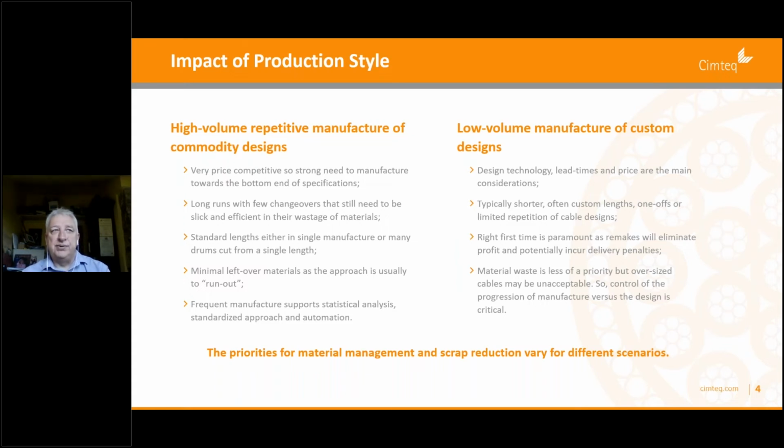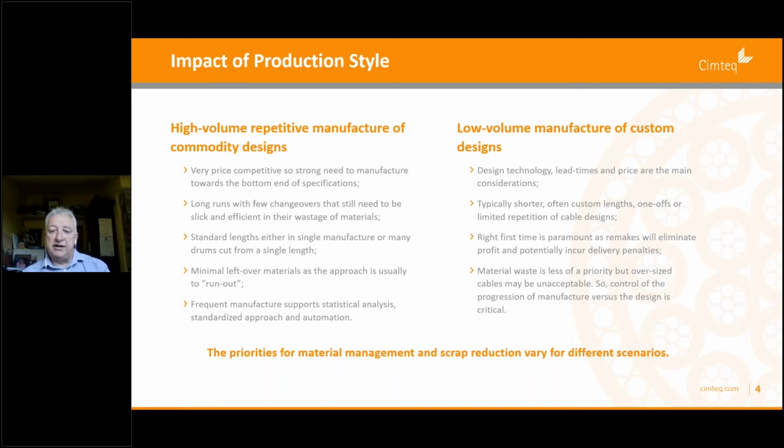Right first time is important. If we don't and we have to remake it, we're obviously not going to make the money we hope to on that contract, but we could also have affected the lead time and the delivery date, which could ultimately become a big problem commercially for the business. So making sure that we're error proofing our manufacture and making sure we get it right first time is absolutely crucial